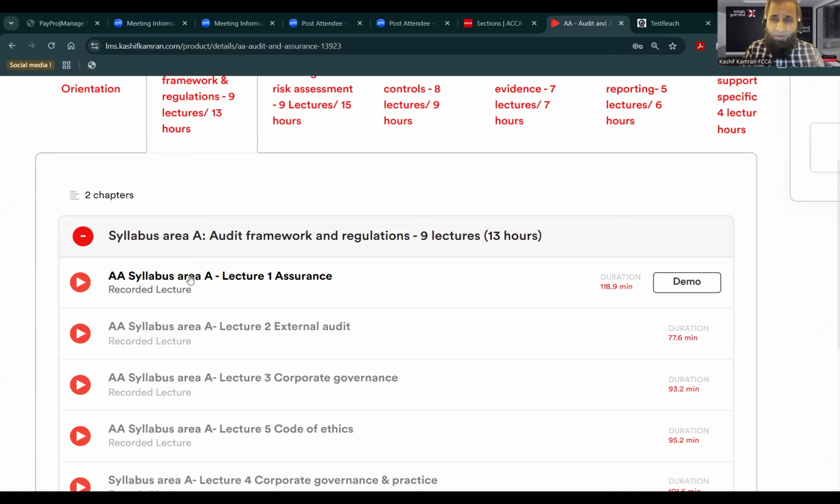That is the scribbling you have done on the tutor support file and the presentation, and the summary you have made of the articles. Take a box file, put a divider, section A, syllabus area A, and put the tutor support file, put the presentation, and put the summaries of the articles in that divider. Then put another divider, section B, and start section B.